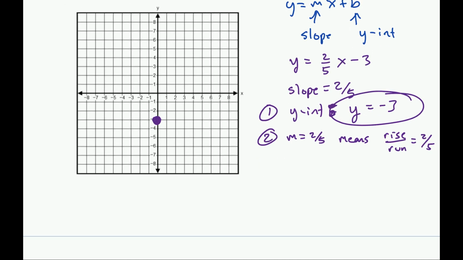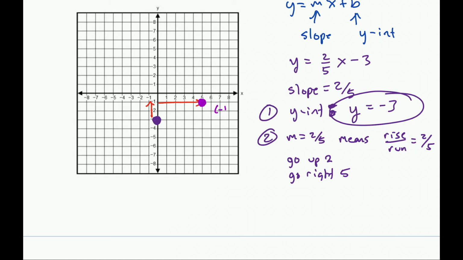So that means the rise is 2 and the run is 5. So go up 2, go right 5 from the point that we've got plotted here. If we went up 2, we'd be at -1, and then you go over 5, and you'd be right here. So this is your next point on the graph,